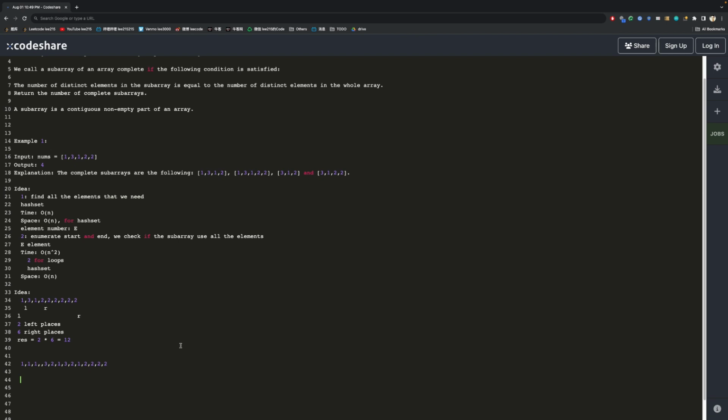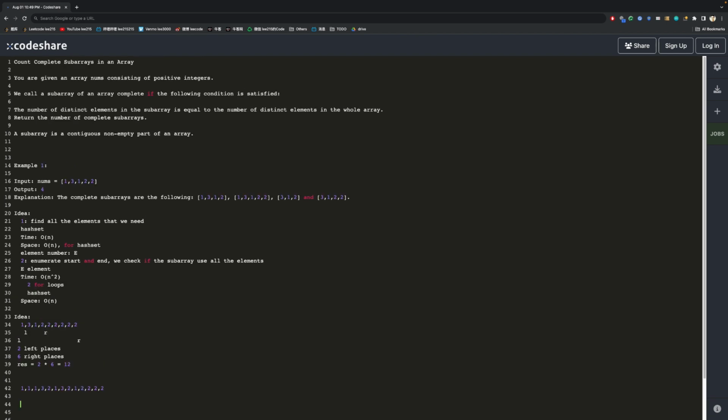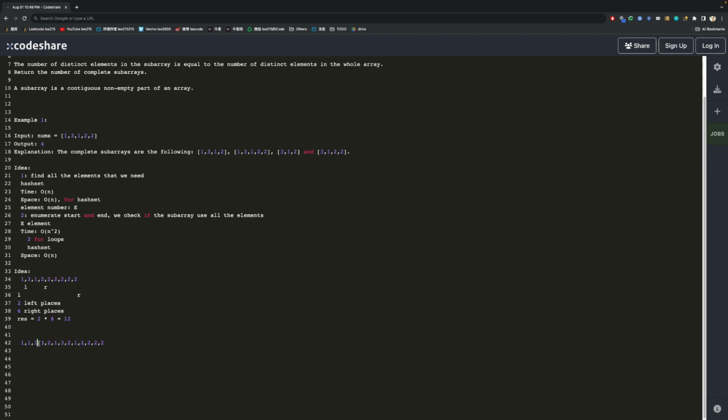Okay. So you can see that we have several 1s in the beginning, and we have 2s at the end of this array, and we have 3 2 1 in the middle. Actually, it's 2 groups of 3 2 1. Can you see the subarray that I select? For example, in this subarray,